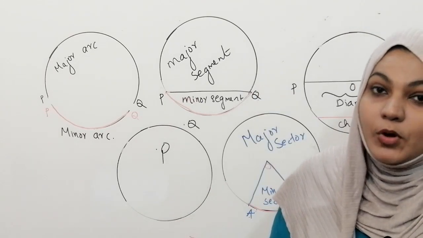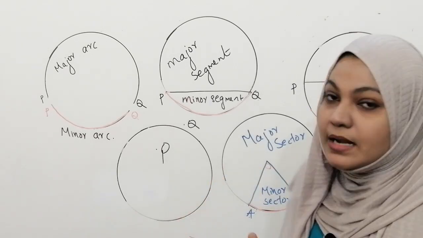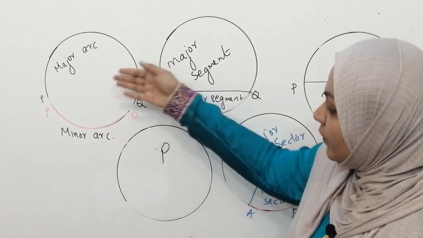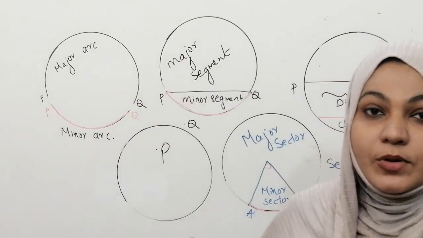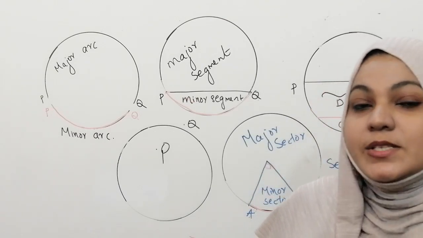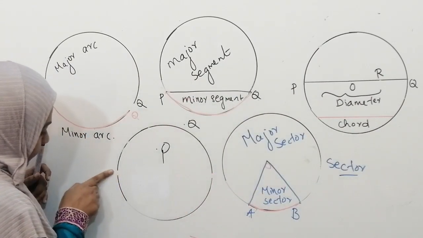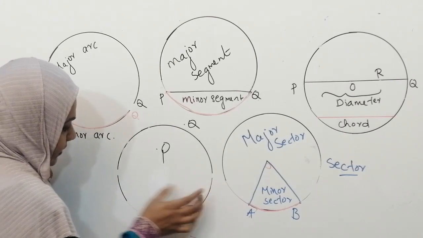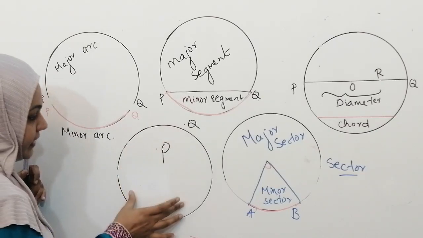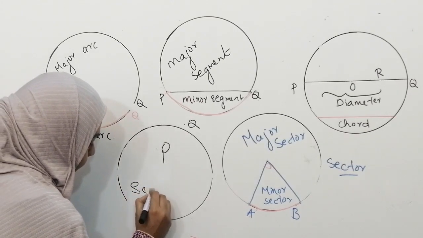Now we have to learn one more term, that is semicircle. So do you know the definition for semicircle? We have mentioned here, an arc is a portion of the circumference of the circle. It is of two types, minor arc and major arc. Suppose when these arcs are equal, that portion is called a semicircle. So here you can see this is an arc. This is not less than half of the circle, and this is also not greater than half. Here you can see both arcs are equal. That means this is called a semicircle.